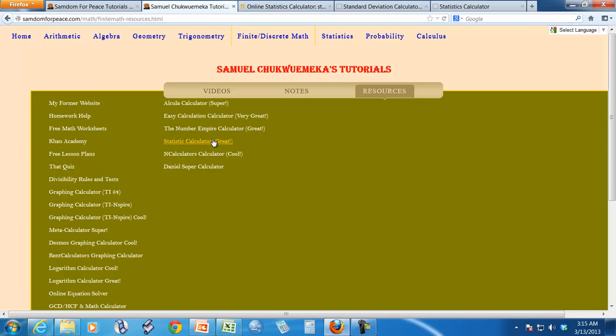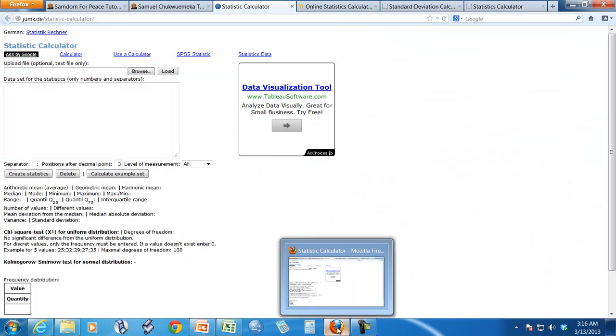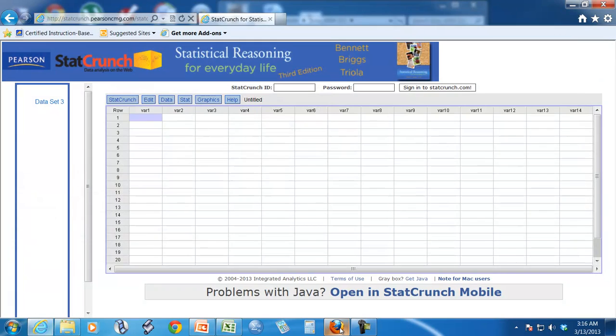Okay, now the next one is Statistics Calculator, and I called it great. Let's see what is great about it. This was actually done by a German, and it gives you the option to upload a file, which is pretty good. You know what? Let me